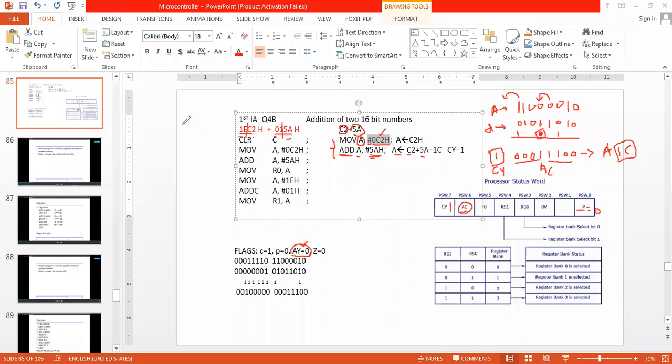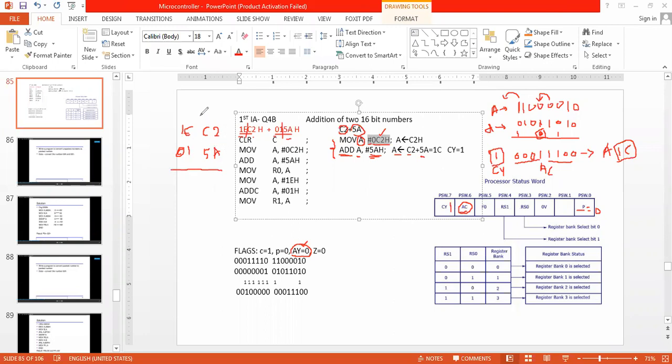So how will I add 1E C2 and 0, 1, 5A? Okay, so now what I will do: this is a single number and this is a single number.